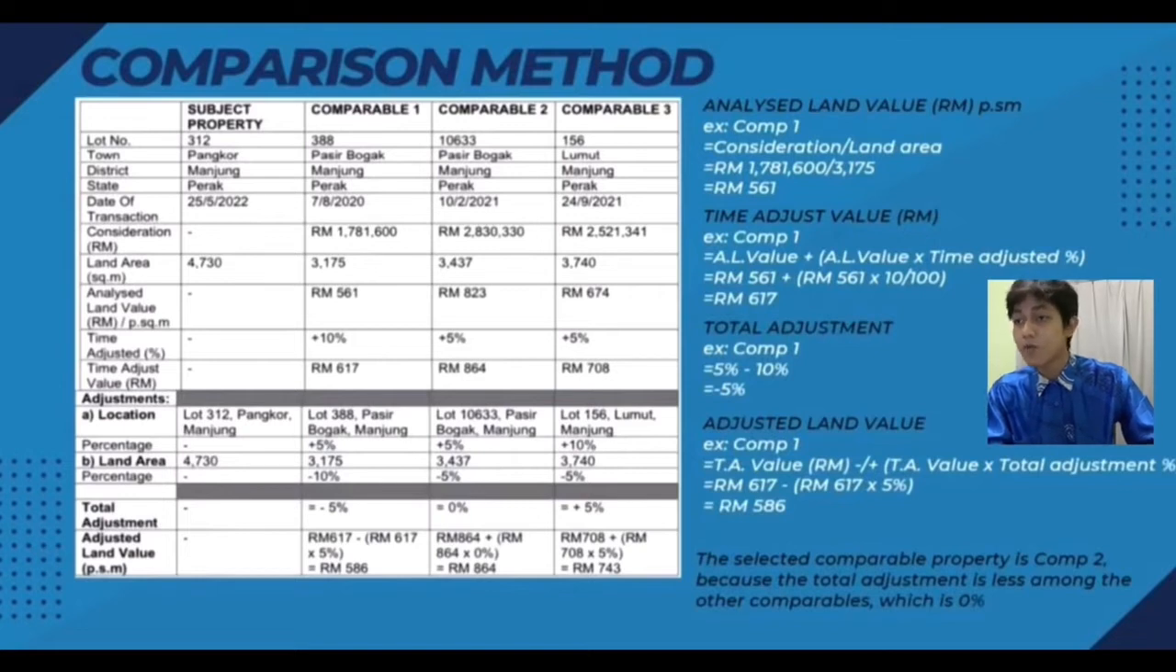After that, we have to calculate the total adjustment, which is 5% minus 10%, and then we will get the total adjustment for comparable 1 is negative 5%. The last